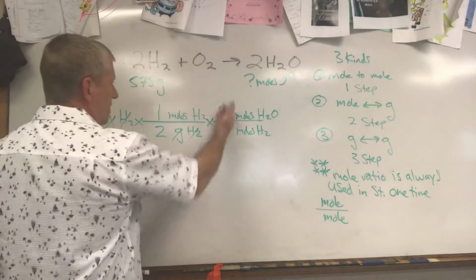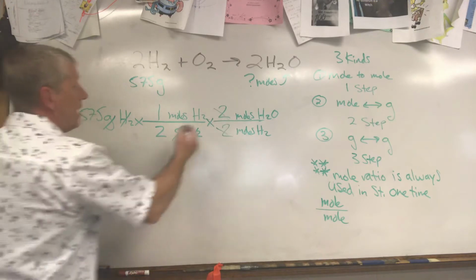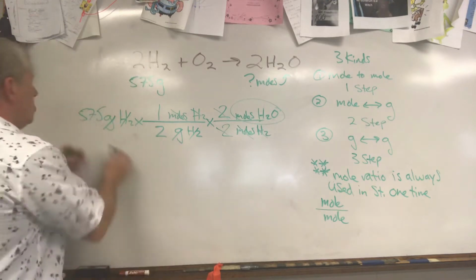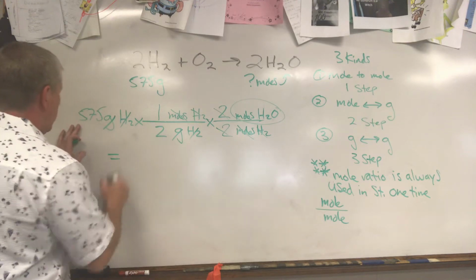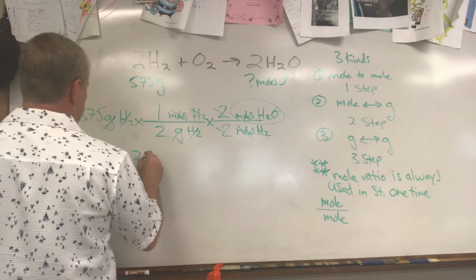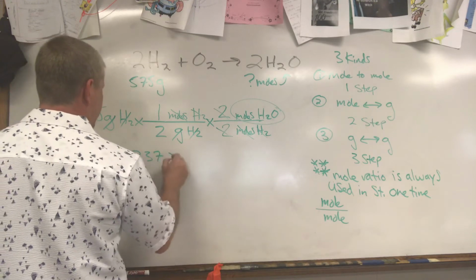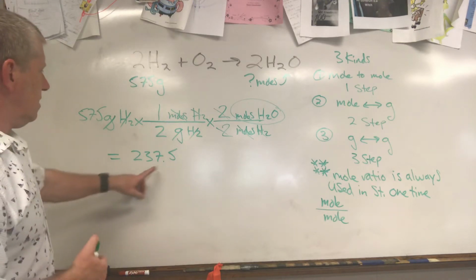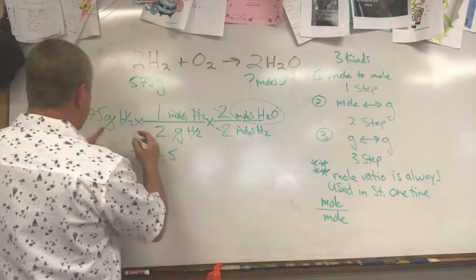So this is going to cancel out. It cancels out moles of hydrogen and leaves me with moles of water, which is what I'm trying to find. So 575 divided by 2, that just does nothing. So I'll get 237.5. Okay, did I do that right? 237, that's 60, that's 15, yeah, I did that right. 237.5 moles